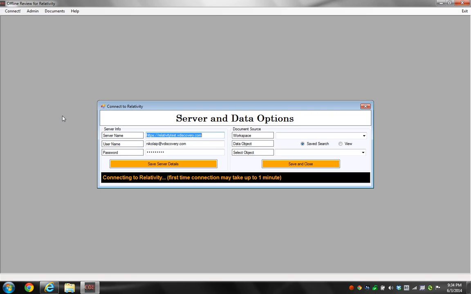Double click on the icon. And the first thing I have to do, like with any Relativity installation, is log in. So I will specify my server name, and this is an HTTPS, a secure connection. You will enter your username and password, and you click Save Server Details. This will download a list of workspaces, and you'll be able to move to the next step, which is your